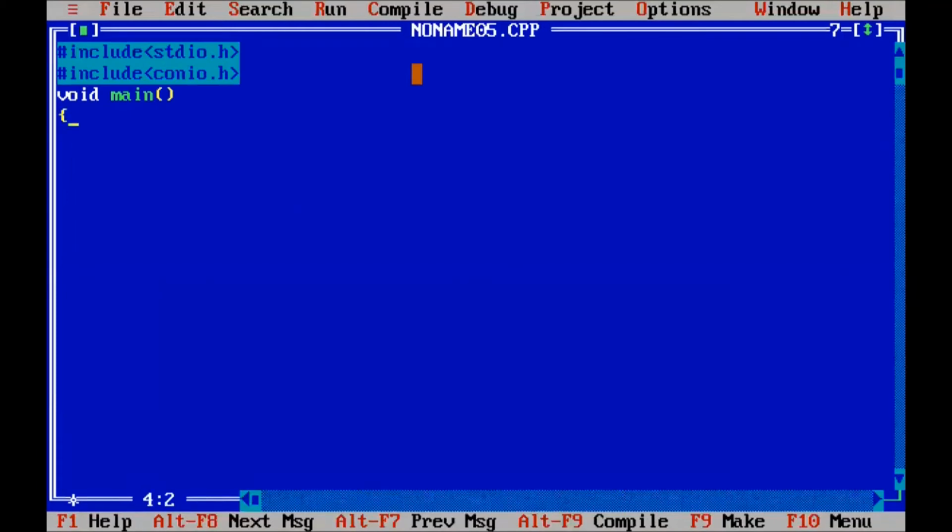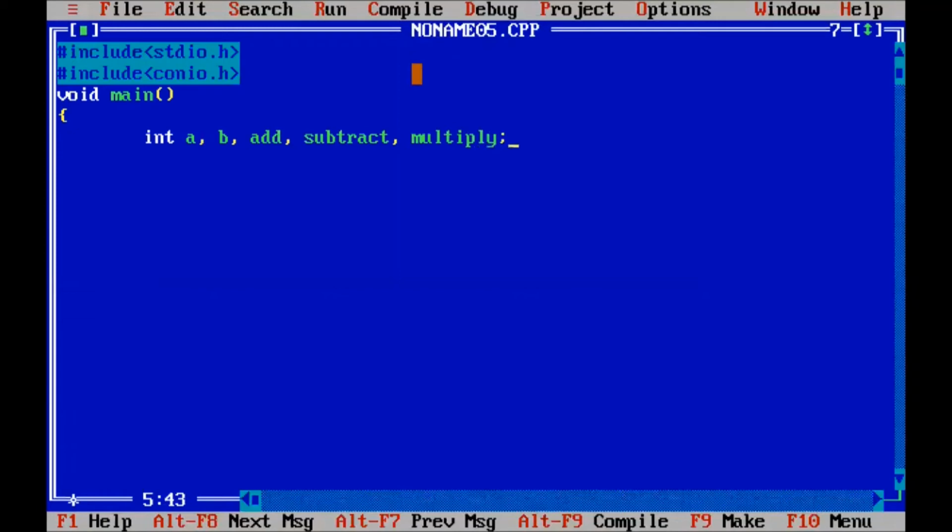We open the curly braces and write integer values a, b, add, subtract, multiply.